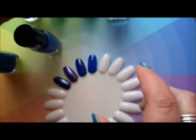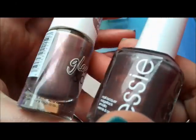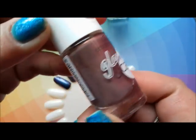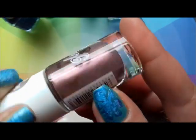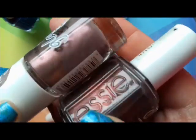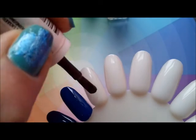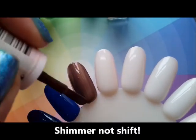And finally, I don't know how similar these are going to be, but for a second they look quite similar in the bottles. This is another popular Essie, the Sable Collar, and this is another Essence from the Glow and Care, and they've both got this autumn brown with a bit of a coppery shift. So let's have a look. The Glow and Care have got fantastic formulas, but you can't see the shift very well. So this is Sable Collar,